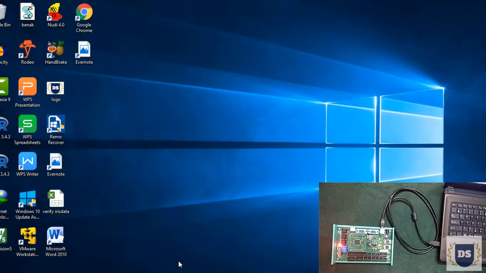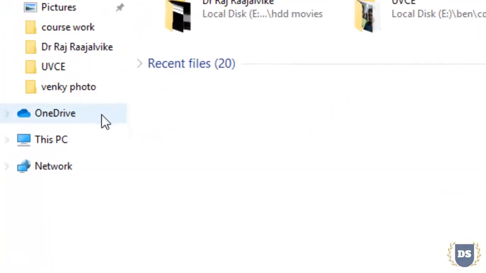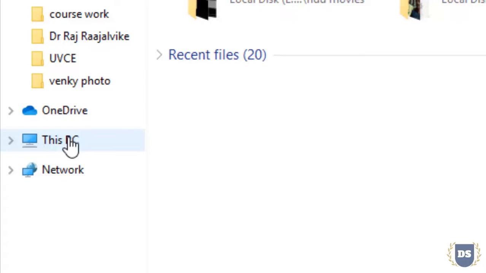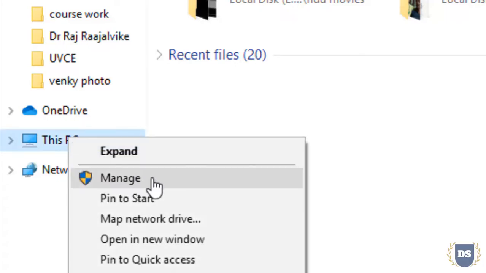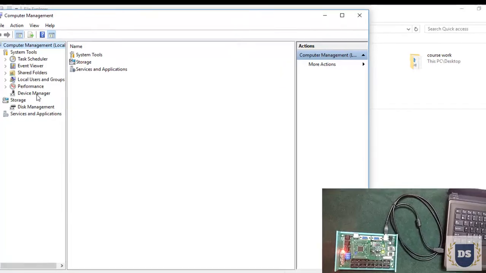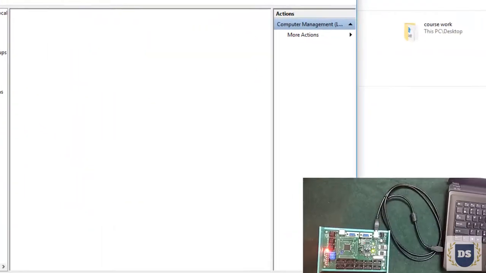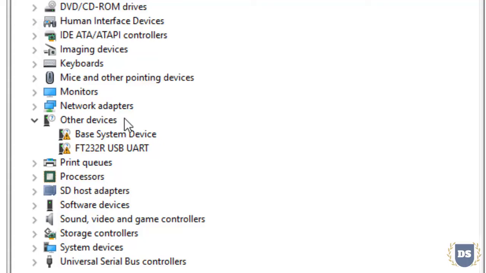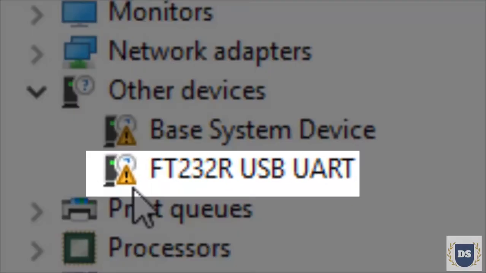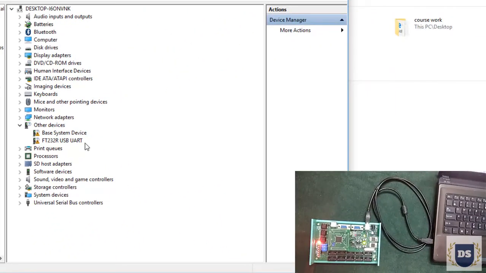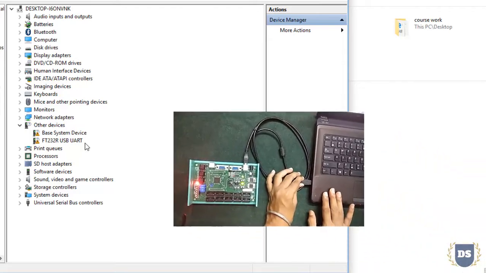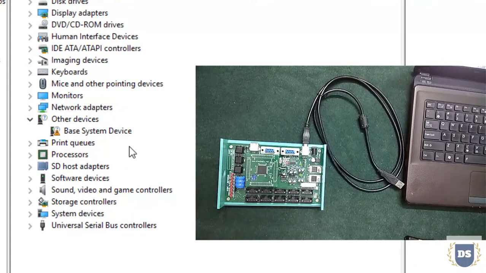In our laptop, we have to navigate to Device Manager, which can be done by right clicking on My Computer and hitting the Manage button. Now we hit Device Manager, and somewhere you would find your device listed under Other Devices, with an exclamation mark in front of it. Or, if I want to know exactly which is my device, I can unplug my peripheral. Right after unplugging, the Device Manager gets updated, and you can see that under Other Devices our device is no longer mentioned. It has been taken down.